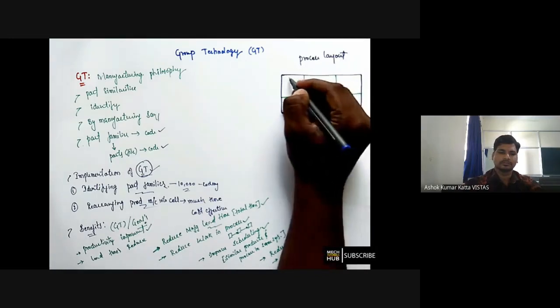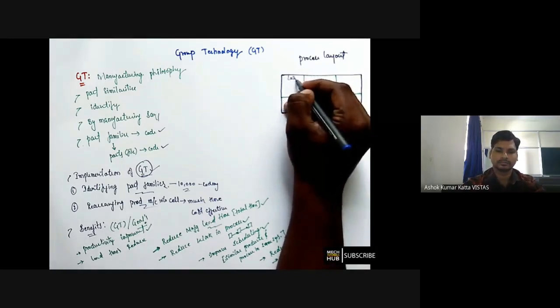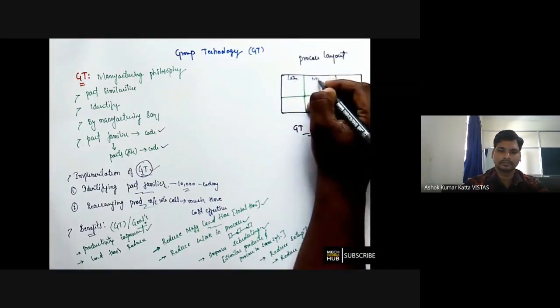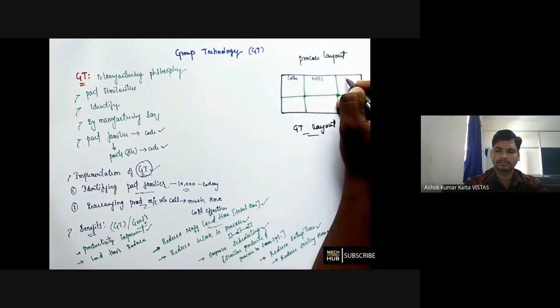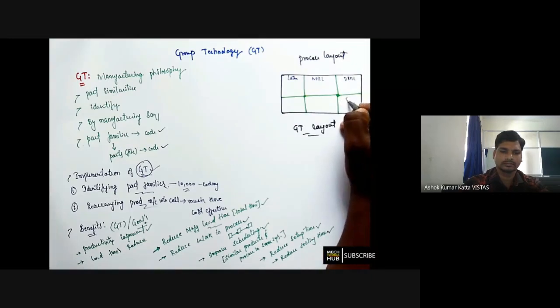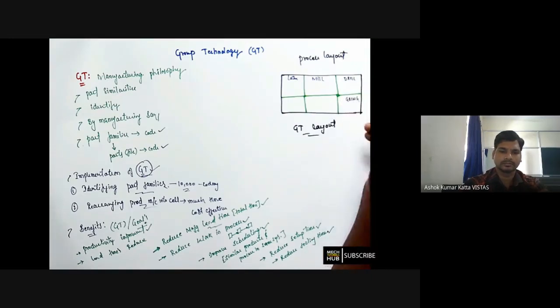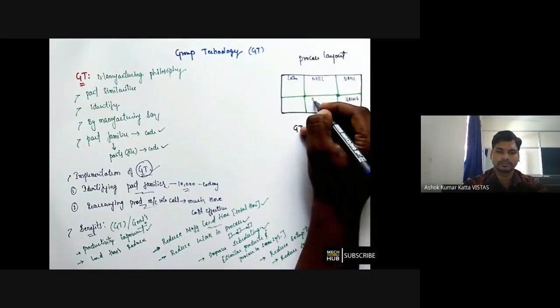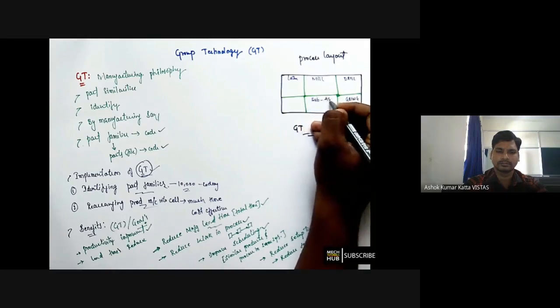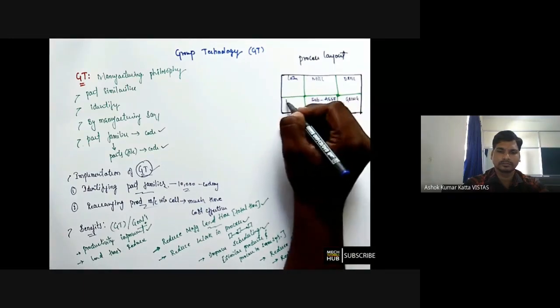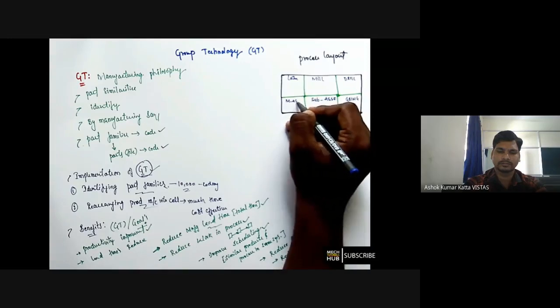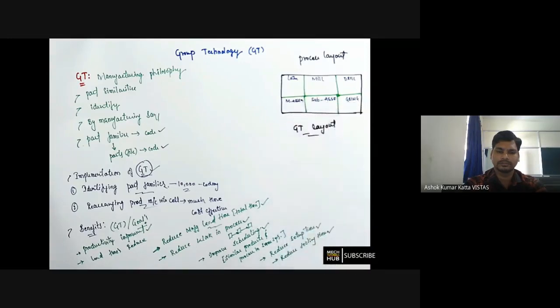First one, let us call it lathe, milling, and maybe drilling, grinding, a sub-assembly zone and a main assembly. These are the different departments, and here in this case,